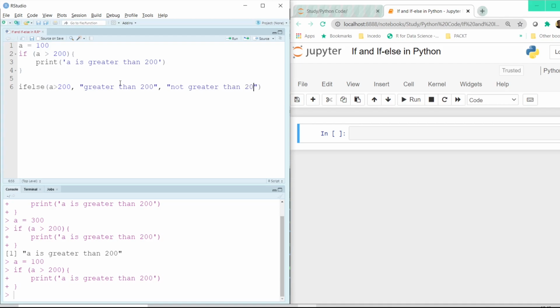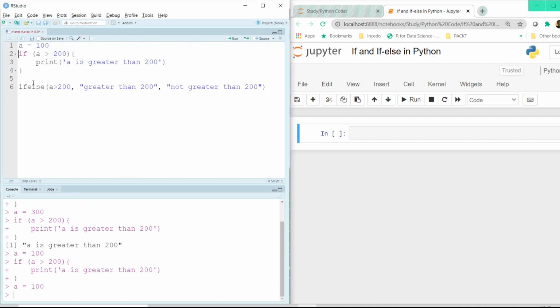All right. Now, if I execute A equal to 100 once again, and now if I execute this if else condition here, A greater than 200, since the value of A is 100, the first statement will not get executed.